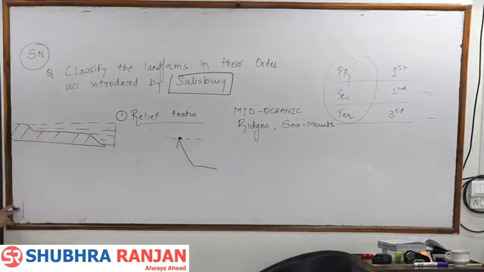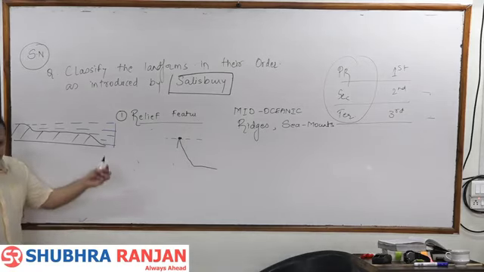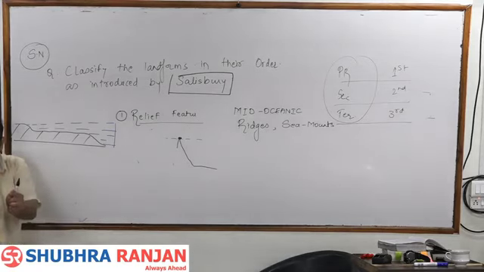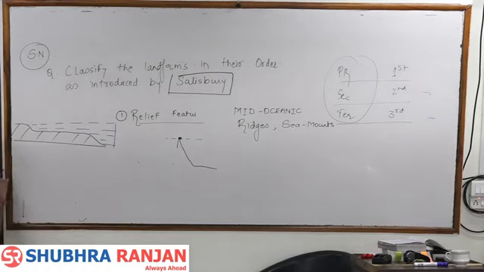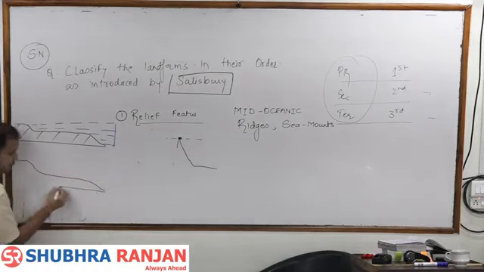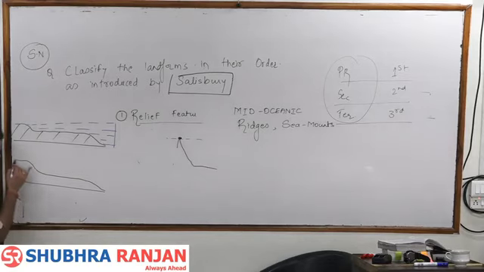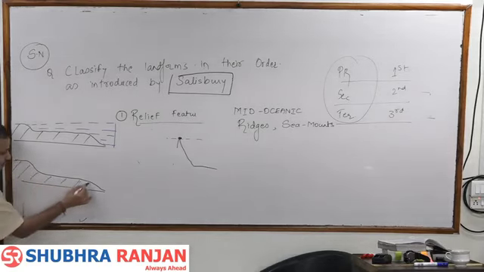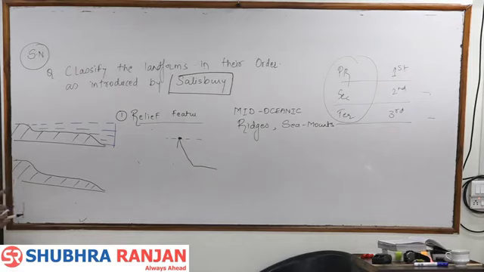After some years comes the ice age. Pleistocene ice age jaisa ice age comes on the earth. What will happen? Water will get converted into ice. So because water get converted into ice, it will decrease. So as a result, when the ice is formed, sea level will fall down. If the ice is formed, the sea level will fall down. Why the sea level will fall down? Because our rivers will freeze. There will be no movement of anything.